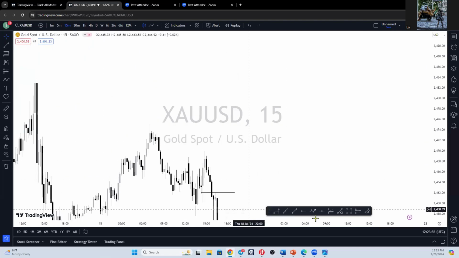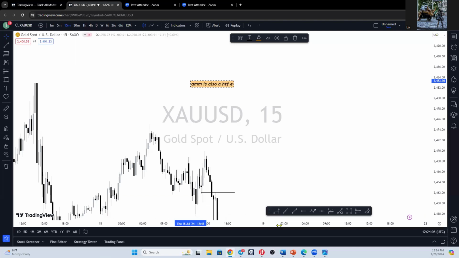Now, when you take the QMM, the confirmation of the QMM is also a higher time frame engulfing, plus